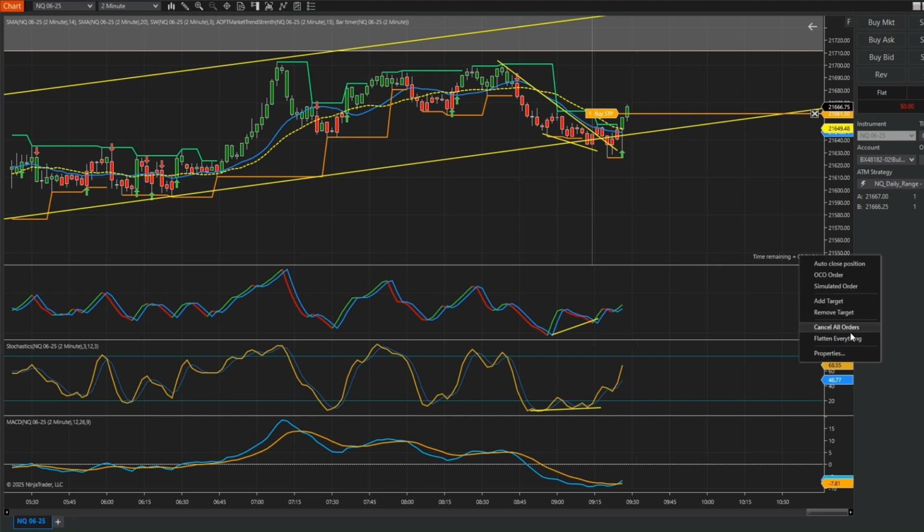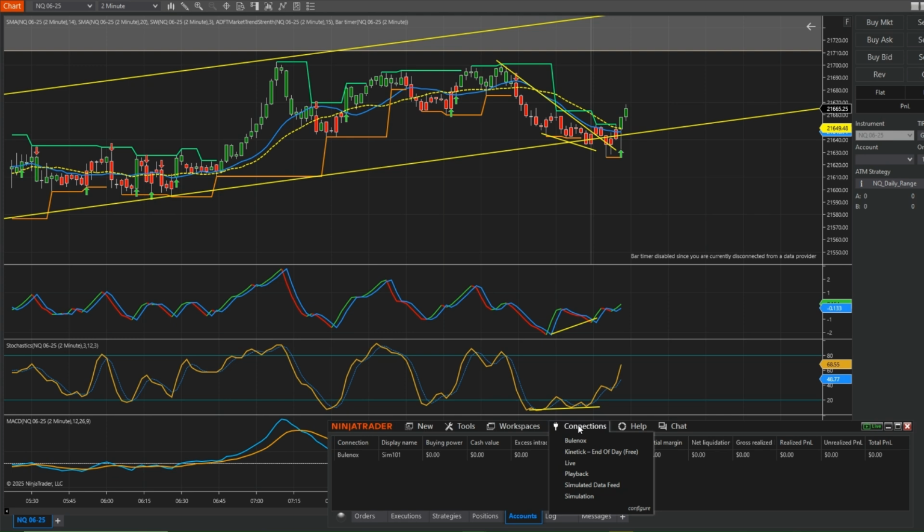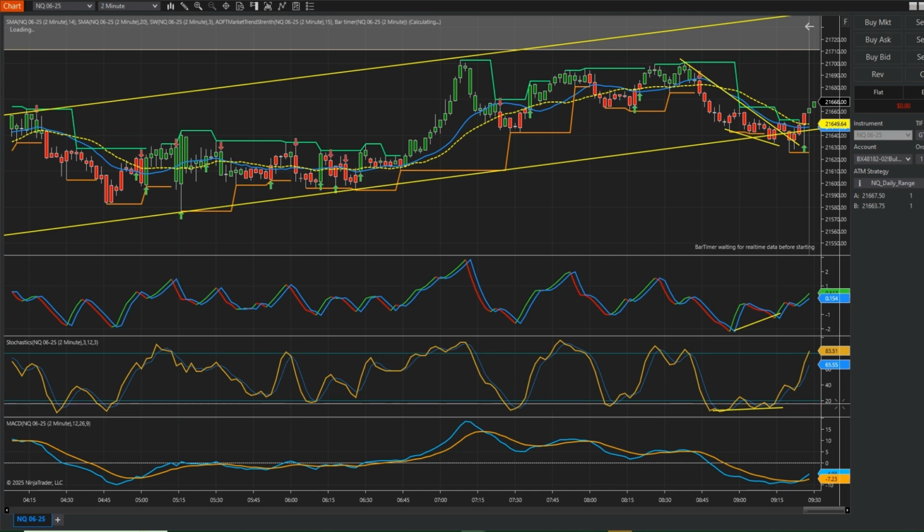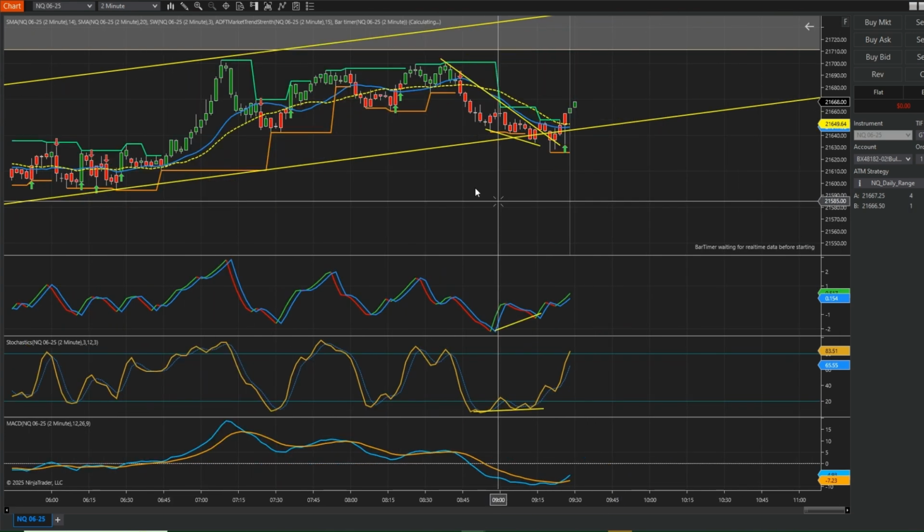Like, what? I go to flatten the account, cancel all orders, and nothing was working. I'm like, what is going on? You're kidding me. So I eventually had to close out of NinjaTrader, just close out of my account and log back in to disconnect. I don't know, whatever connection issues there were. So I did that, and I'm hoping, man, let's hope this trade is still in play. I go back in, and now